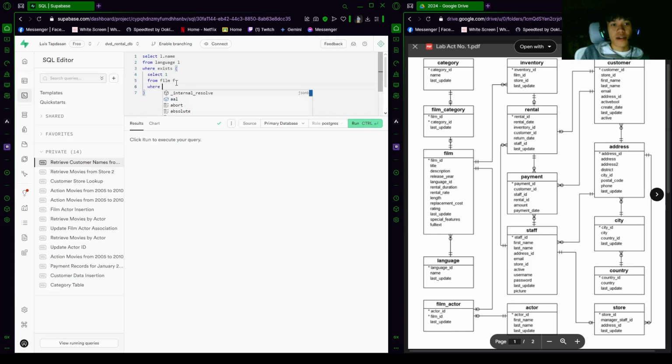And after that, where F dot language ID, because in the film table we have language ID, is equal to language L dot language ID, and then after that, and F film rating is equal to PG.